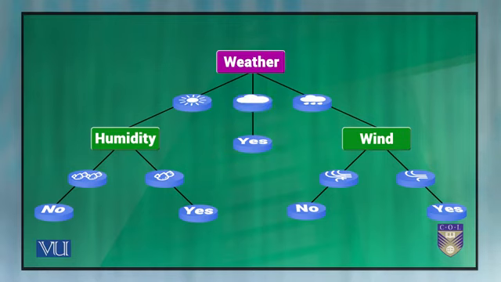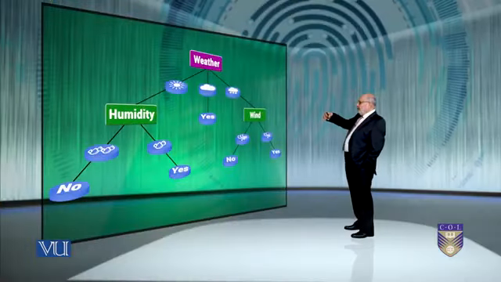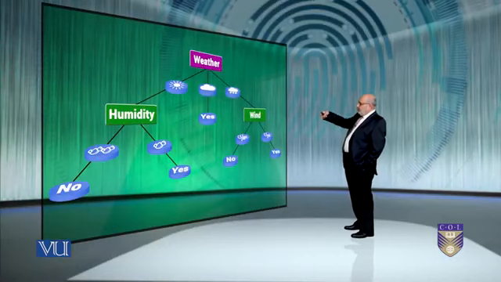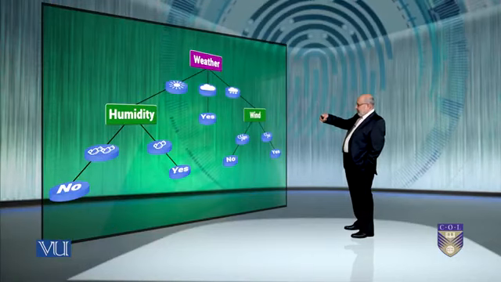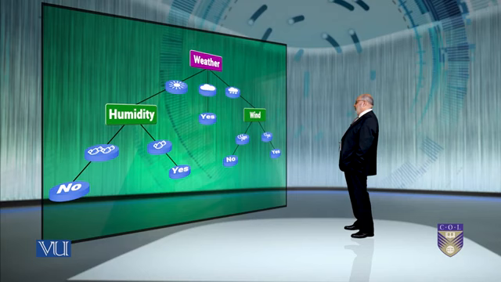Next, you say that the weather is sunny. Now there you have a slight bit of decision making to do. If it's sunny, let's see how humid it is. If it is high humidity, it is sunny, but it's very highly humid, you probably say, no, I don't want to go out. If the weather is sunny and humidity is normal, you probably say, yes, let's go out. And so each of these, the links that we show are the branches that move from one node or set of the tree, partial set, and going downwards. So in a development of a reverse structure of a tree.